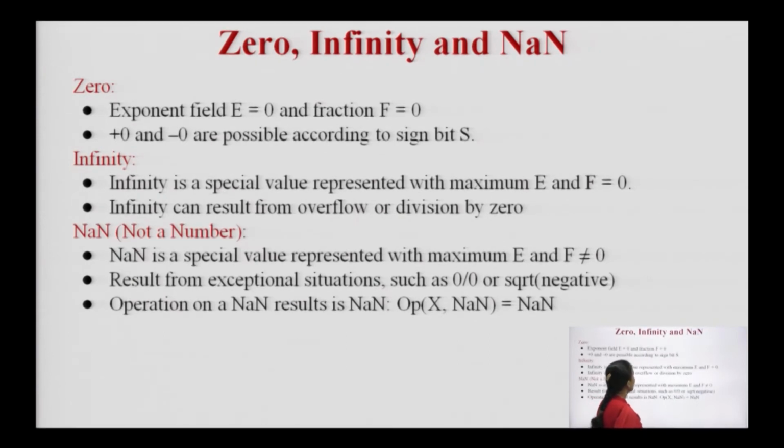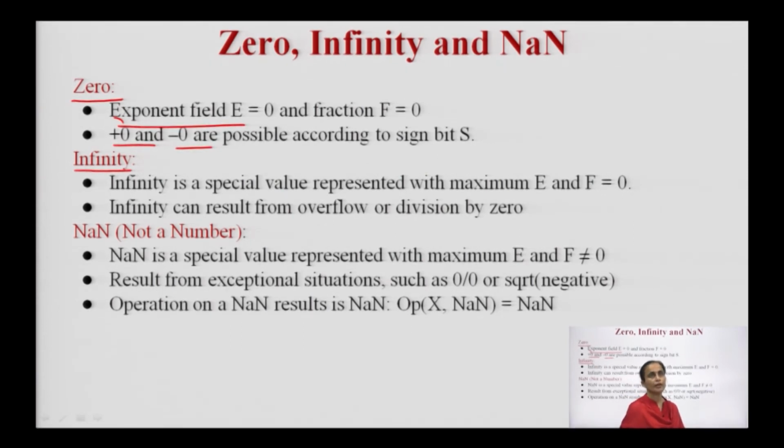Then, how to represent the 0, infinity and not a number? For the 0 numbers, the exponent field E will be 0 and the fraction part f will be equal to 0. Here plus 0 and minus 0 are possible according to the sign bits. Then infinity, it is a special value